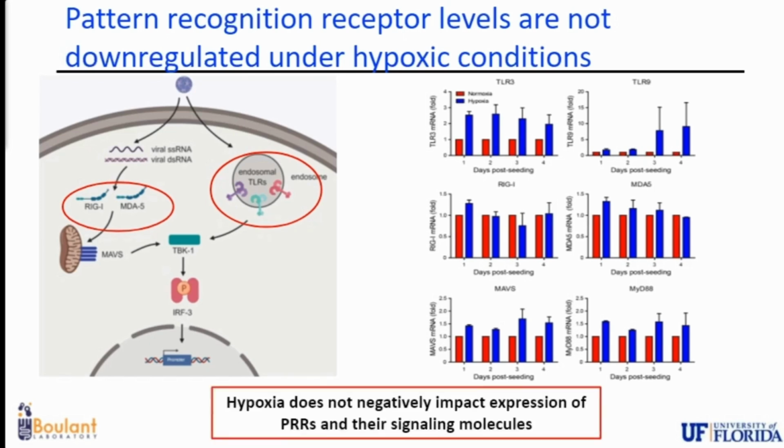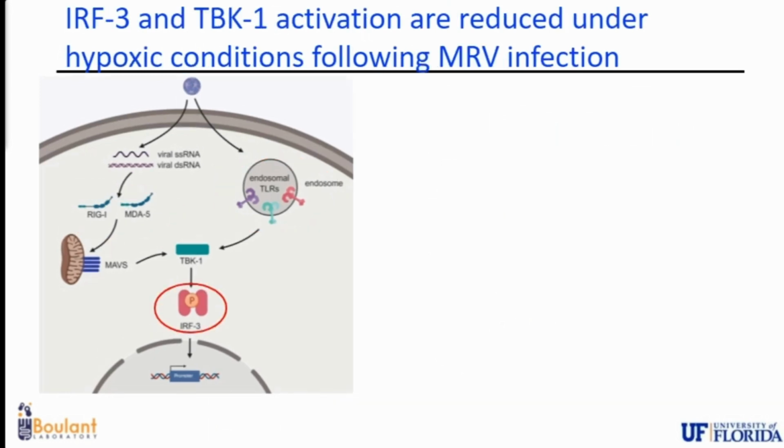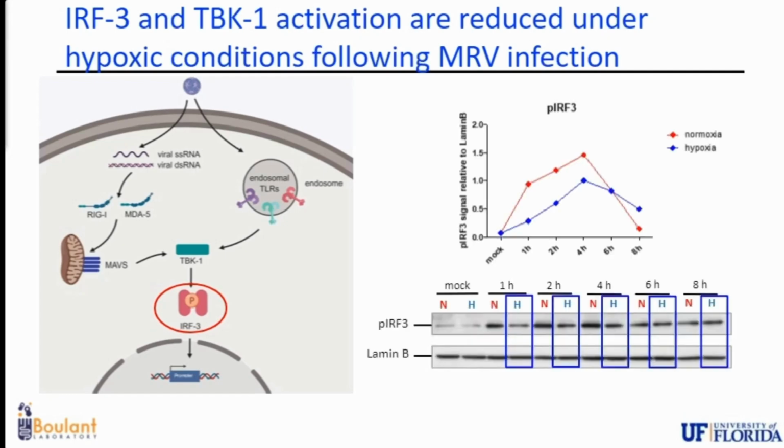We basically dissected this and first looked at IRF3, which is a transcription factor responsible for the transcription of the type 1 and type 3 interferon. When it gets phosphorylated, it goes into the nucleus, binds the promoter region of interferon, and transcribes this interferon. So what you can see here is a quantification of the level of phospho-IRF3, or activated IRF3,